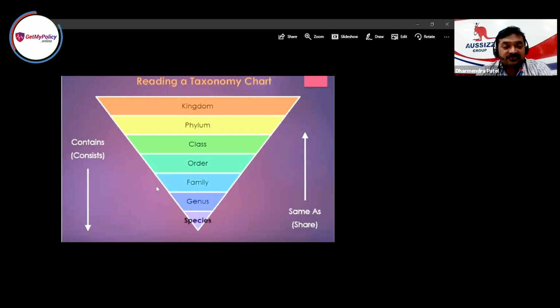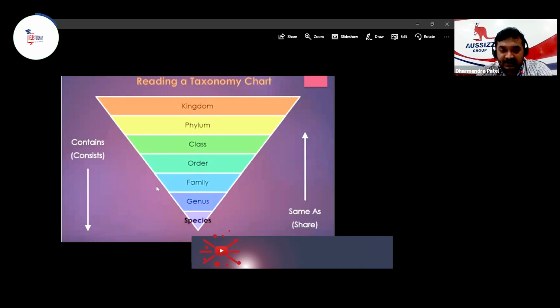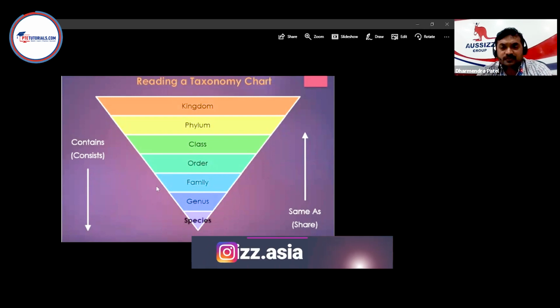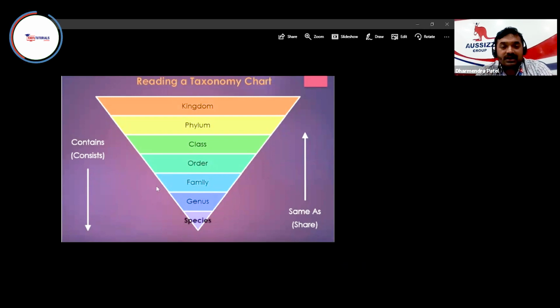The given image is of a triangle, and it is all about reading a taxonomy chart. I see that there are various labels mentioned at different stages of the triangle. Kingdom is filled with orange color, phylum is with yellowish, class is with greenish, and genus is with bluish mainly. If I look closely at the image, I can say that kingdom is having the largest portion in the triangle, and as we go down, the triangle starts narrowing. In other words, the area of phylum is lesser than kingdom. Order, family, and genus occupy very less area as compared to the top components like kingdom and phylum.